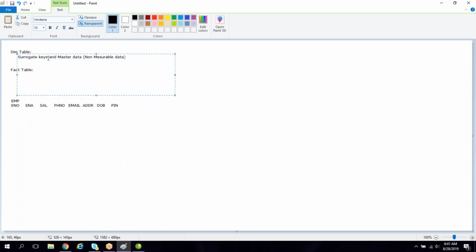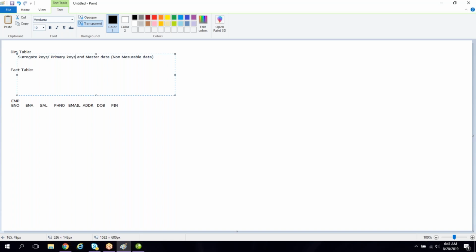Surrogate key or primary key. There is a little bit of difference between surrogate keys and primary keys. We'll discuss later what that is. But for now, in a data warehouse, we should not call it a primary key. Most of the time we'll call it a surrogate key.